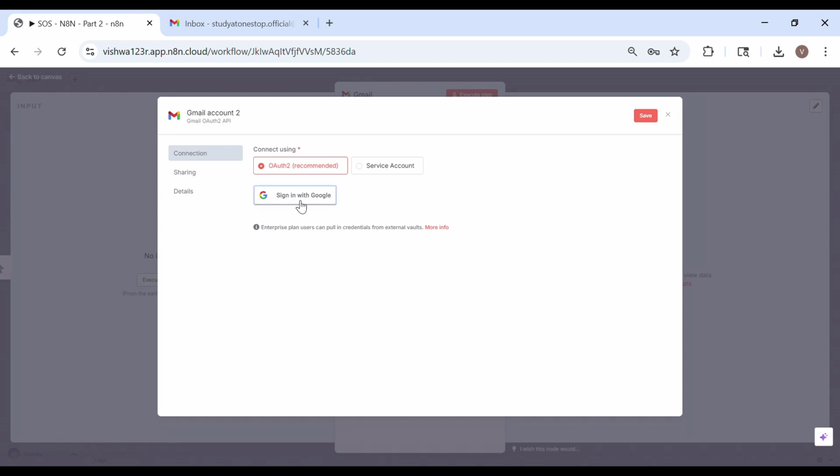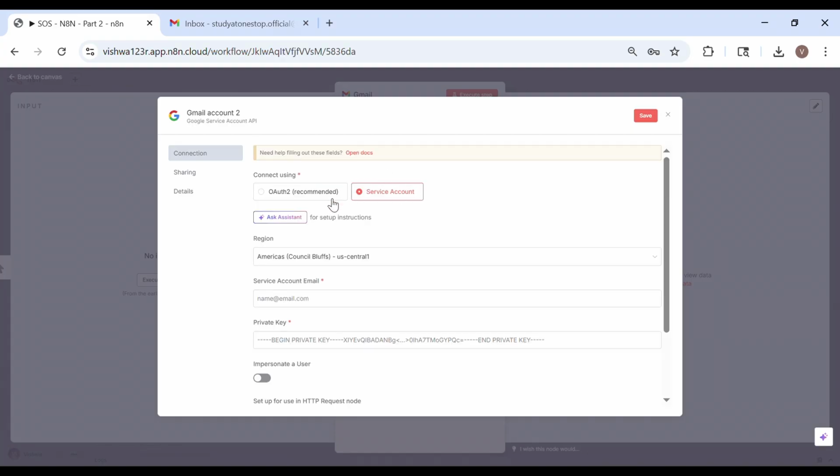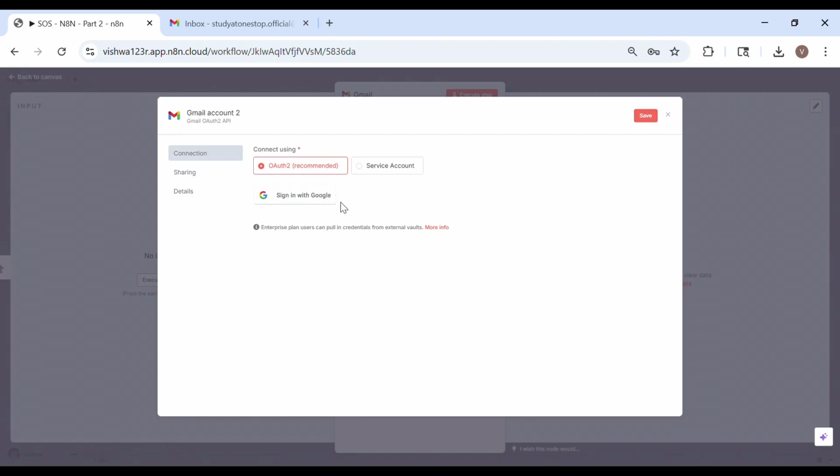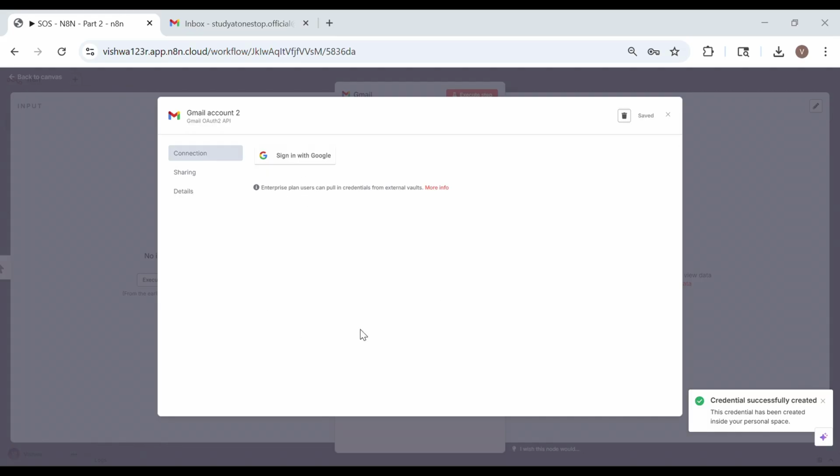Now here in N8N, we have two methods to link our Google account. One is OAuth 2, this is the recommended method, and the second option is service account. In this video, we will go with the OAuth 2 method. Here we can simply click on the sign in with Google button and select your Google account to be added, and